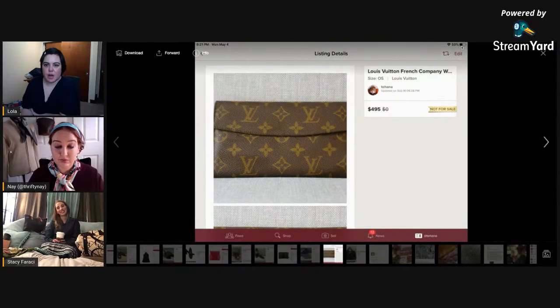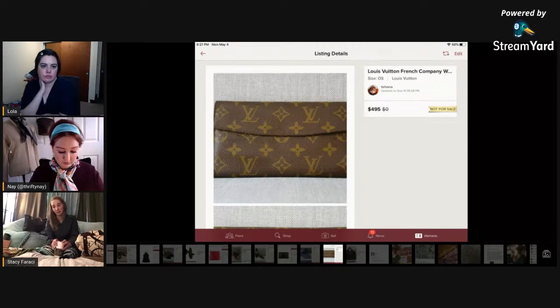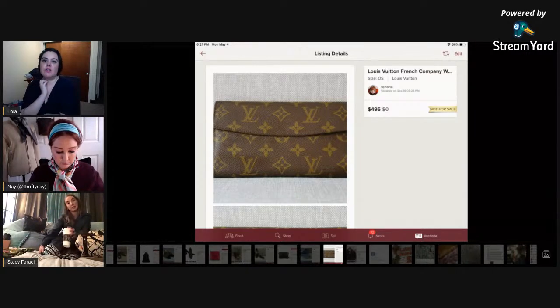Wow. This is the French company Louis Vuitton that you mentioned earlier. Yep, that was the 15. I paid $15 for it at Goodwill. It was in the case with a Gucci wallet that was trashed, and an MCM wallet that was in pretty rough condition too. But that one was perfect. Whoever owned it must have preferred the other one's style. They were billfold style, trifold style, and that one was near perfect, and that's the one I paid for